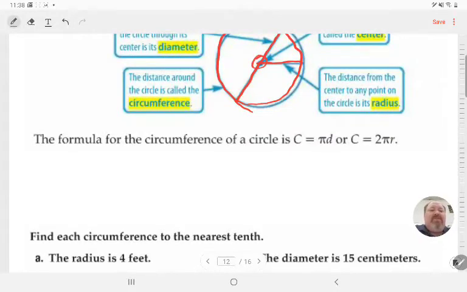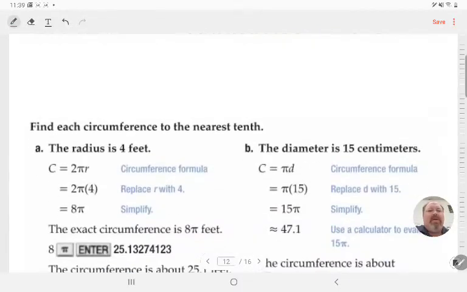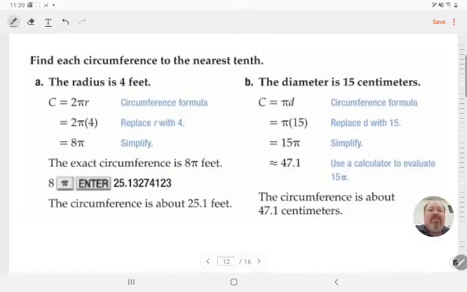The formula of the circumference of a circle is C equals pi times D, or diameter. If you don't have the diameter and you have the radius, you could use C equals 2 times pi times R, or radius. Okay, so it depends on what you have. So let's take a look. If I have the radius equals 4 feet, I just plug 4 in for the R, and it would be 2 times pi times 4, or 8 pi. And if I wanted to multiply that out in my calculator, I just put 8 times pi, and it would be 25.13, so forth. And then I would just round that to the tenth, because that's what it said, 25.1